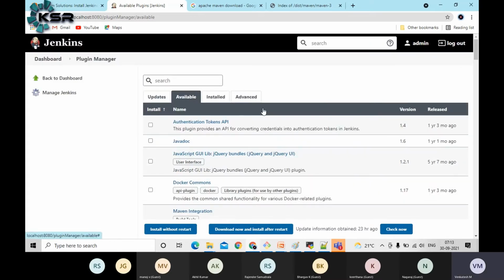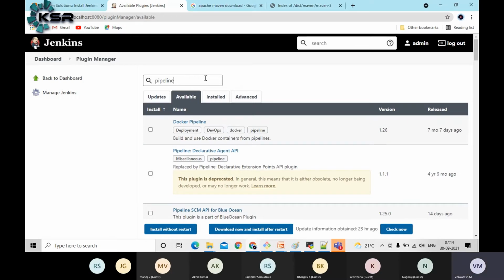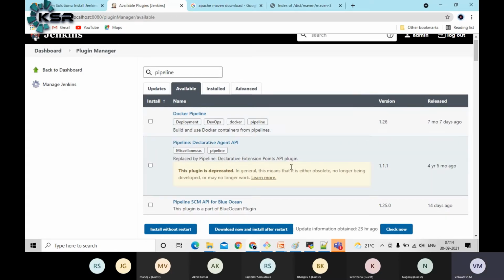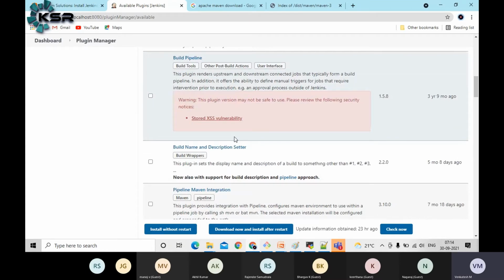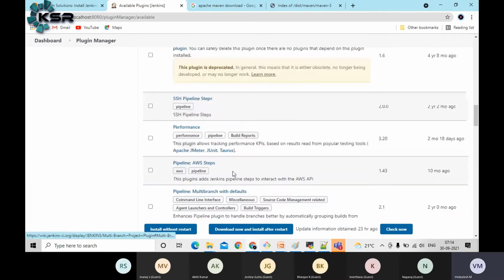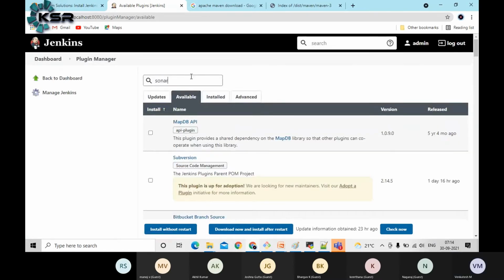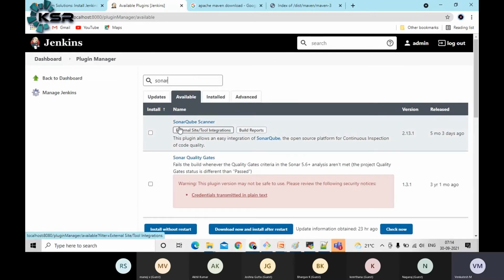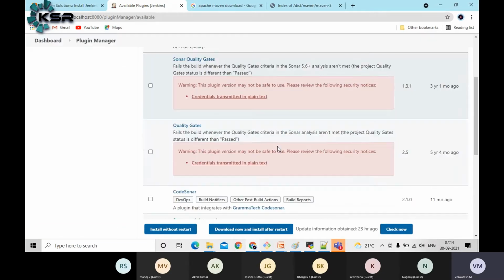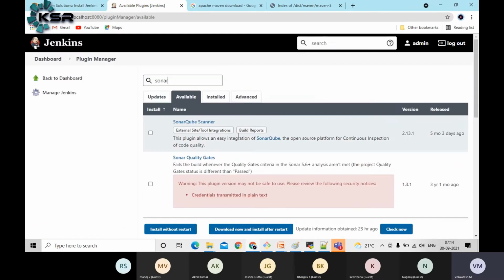Say if you want to create any CI/CD pipeline, you can search for pipeline under this one. You can see here, if you want to create a Docker pipeline, you can choose this one. So different options it's going to provide, guys. Similarly, if you want to integrate some DevOps tools, say Sonar, see here, Sonar scanner, which will just scan the code. Okay, quality gate. Everything, different features will be there, guys, for each feature, to integrate with any DevOps tool or application server.